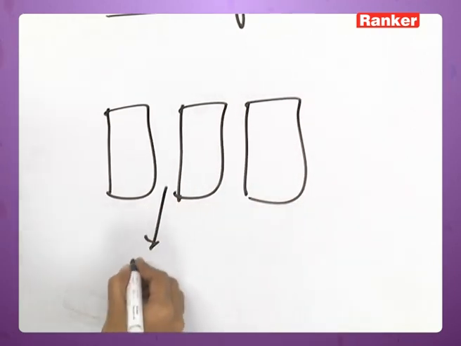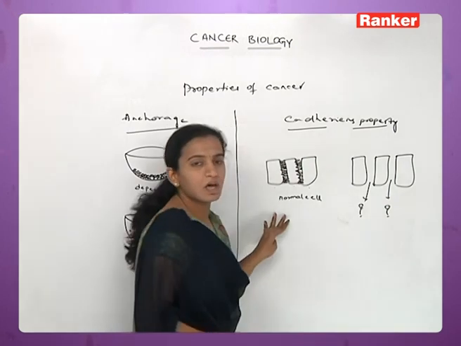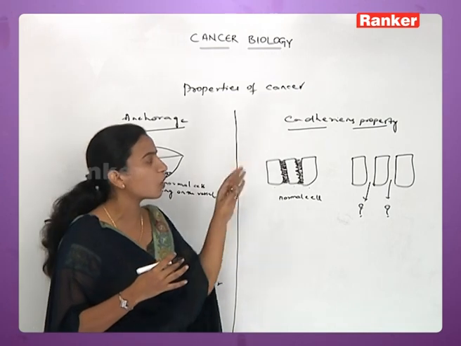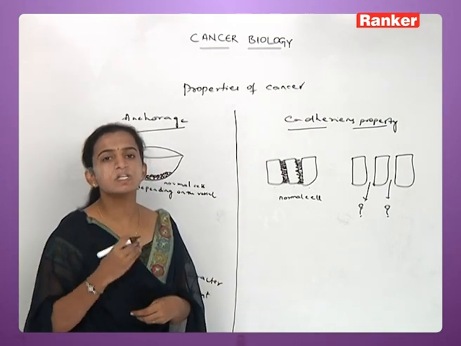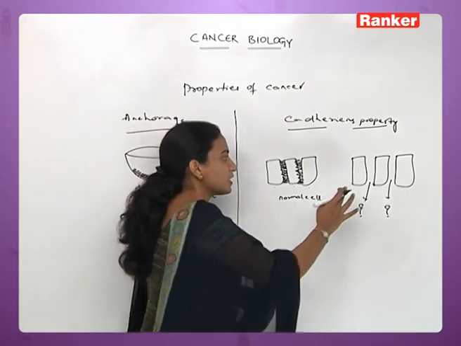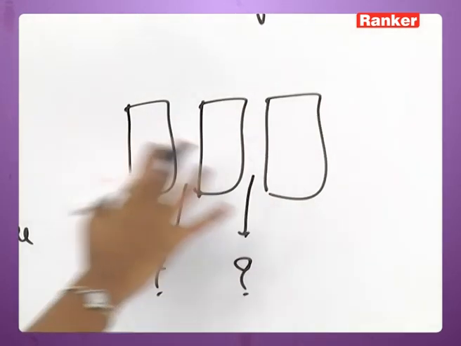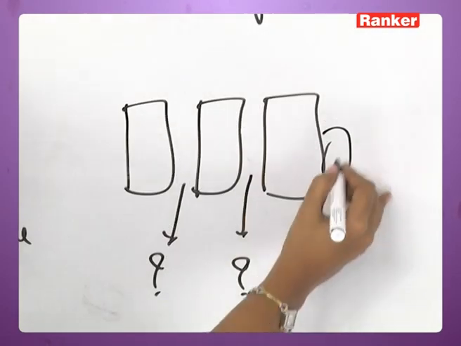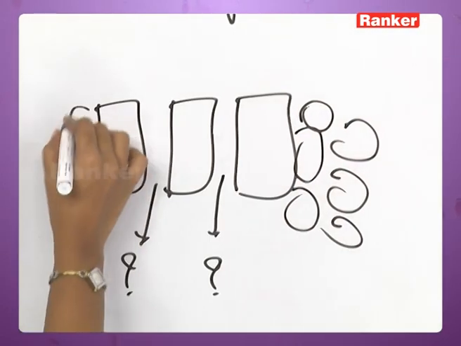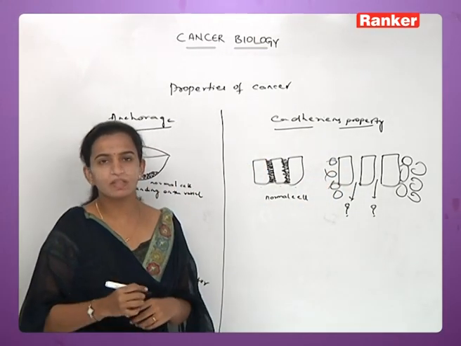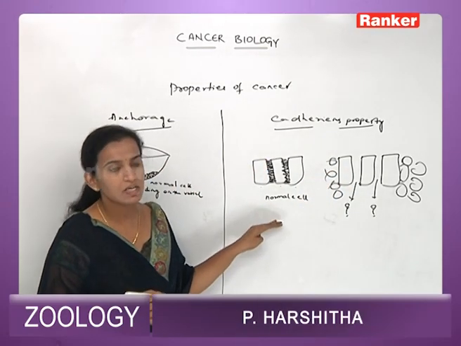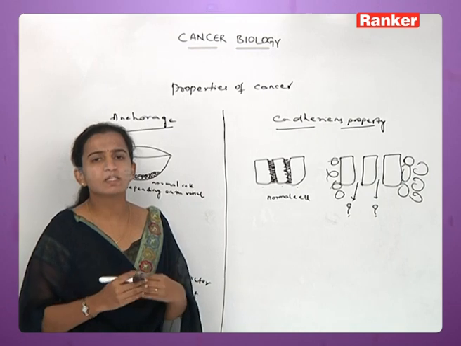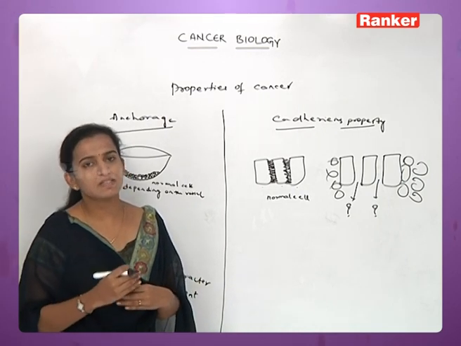So there is no membrane right here. That cancer cell or the normal cell itself, if at all it is going to lose this property called cadherin property, it turns into a cancer cell. That means you can see there is no attachment present here, nothing is there. So each cell will be independent and it starts giving its own cell again and again. So there will be a tremendous division with no linkage between them. So this is what is happening in the cancer cell. This is another property. Due to the absence of cadherin property also, there is a lot of division of cells taking place in a cancer cell.